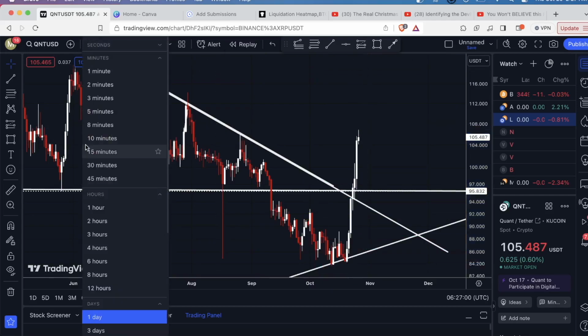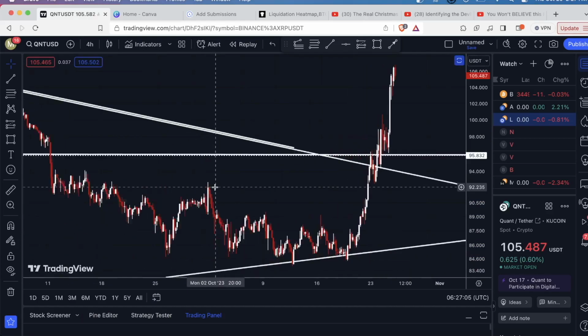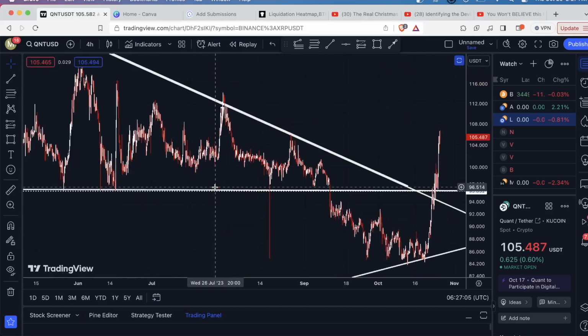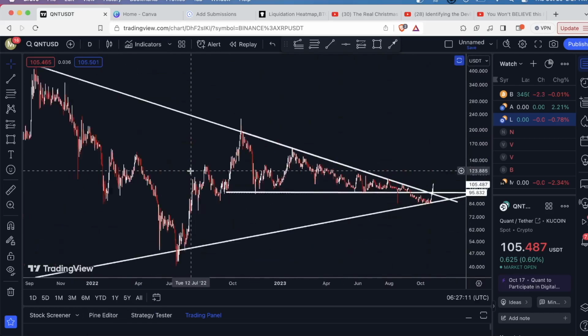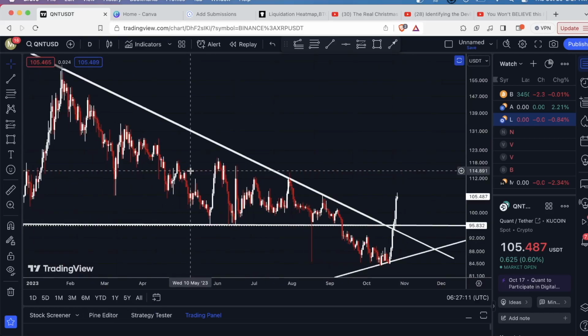Let's see, take it to the 4-hour and see what we're seeing here. Man, just so much strength. Okay, so this is a really good sign. Now for potential resistances, first we'll look to the